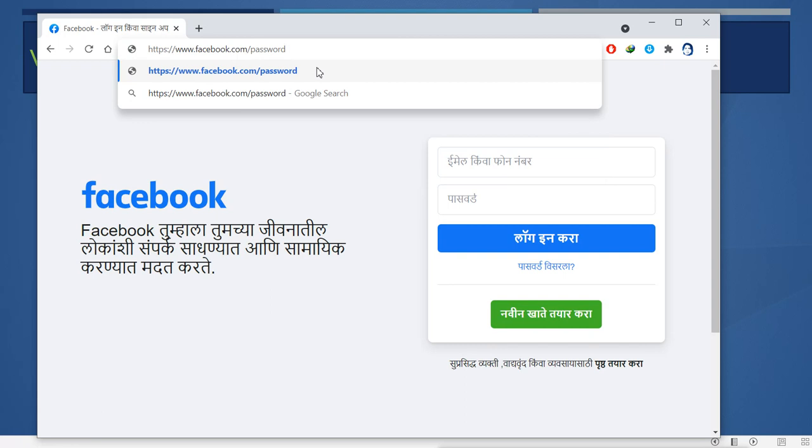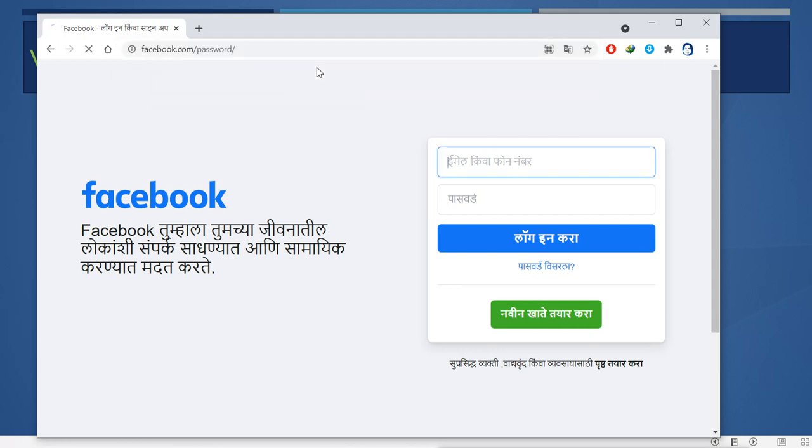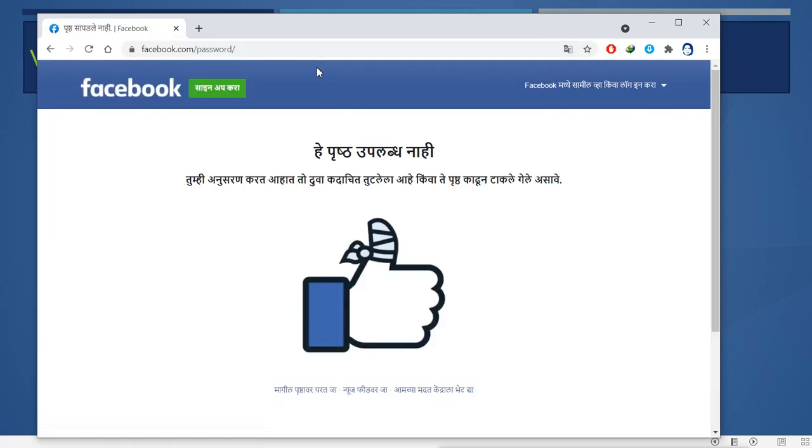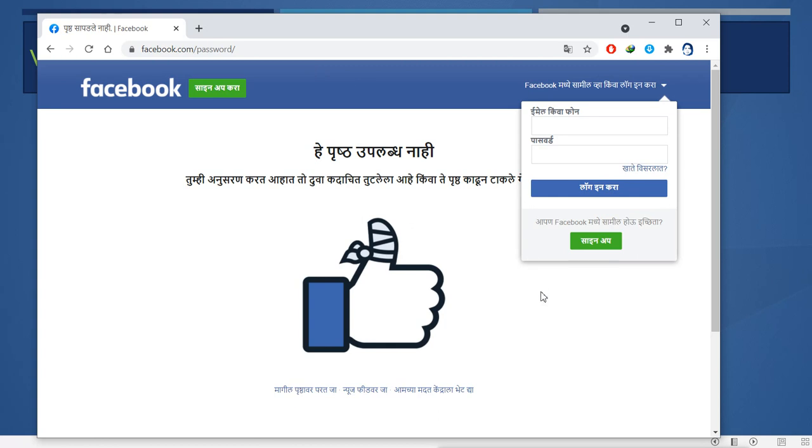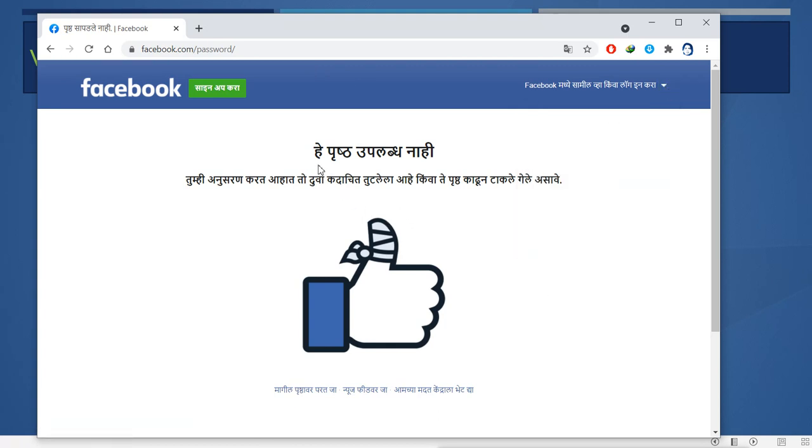This directory name is not there, I'm sure, but I want to see the error. This is the error. It is saying that what you are looking for is not there. This error is actually a custom-made error, not a default error.